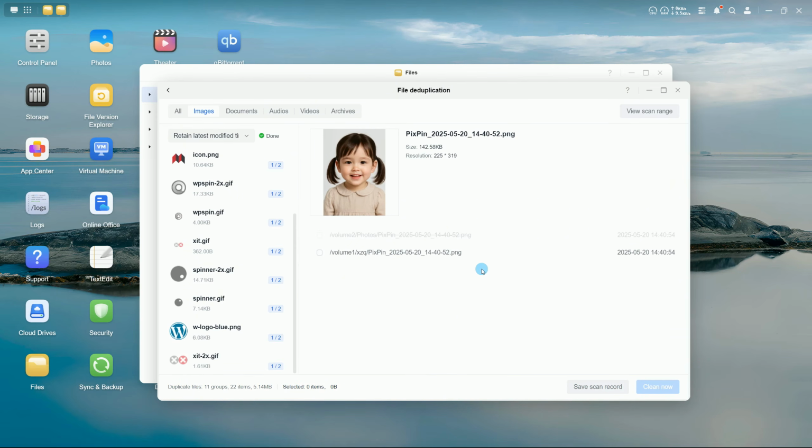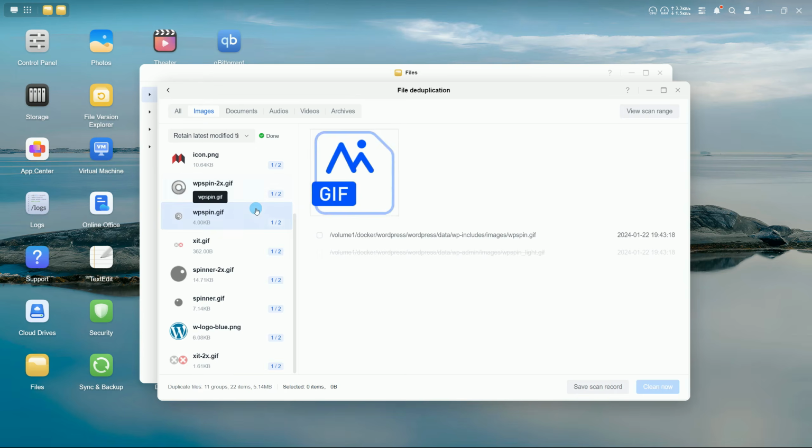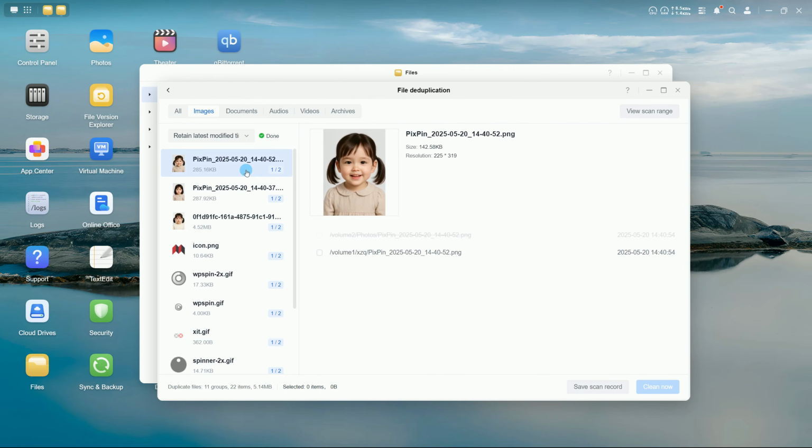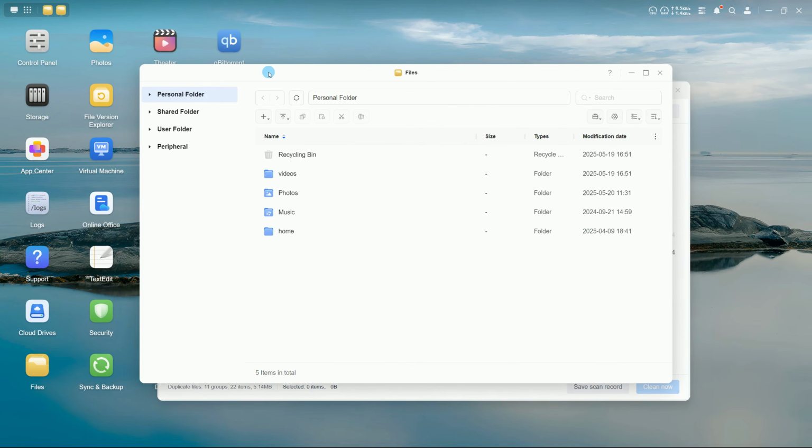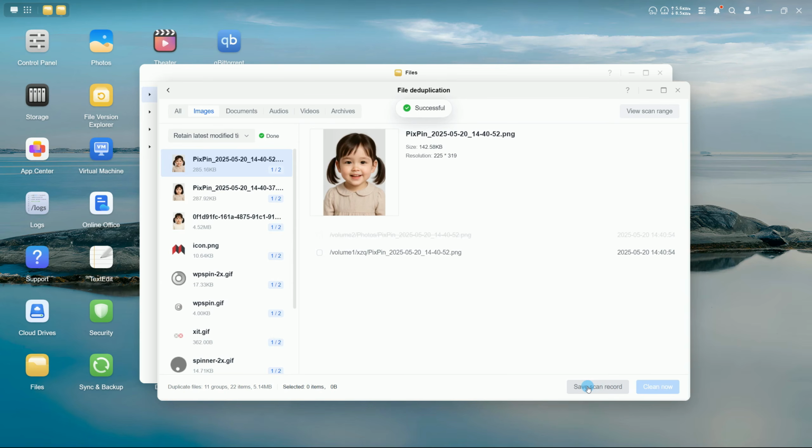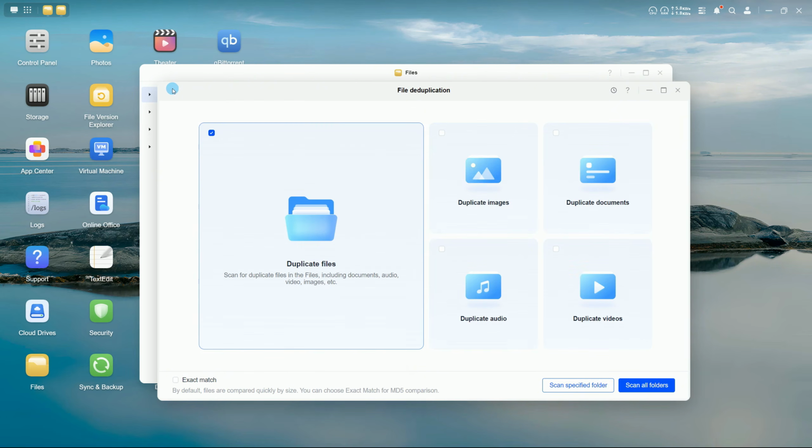After clearing duplicate files, the results will be shown on the current page. To permanently delete or restore duplicate files, please go to the Recycle Bin in the corresponding folders under Files to operate. After clicking Save Scan Records, return to the File Deduplication homepage